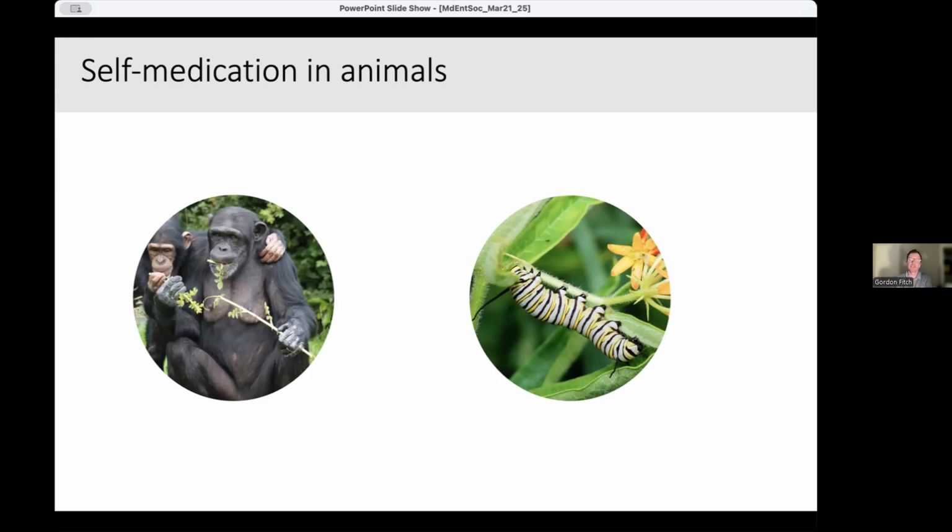So it deters predation. But at high concentrations, these cardenolides do also have negative effects on the monarch butterfly. They're only so good at sequestering them in their tissues. And at high doses, they will stunt their growth or even kill the caterpillars. And yet, when monarch butterfly females are infected with a parasite, they will preferentially choose to lay their eggs on milkweed that have particularly high levels of these toxic cardenolides.